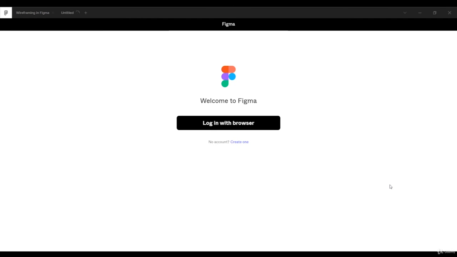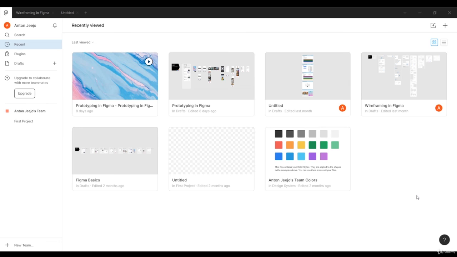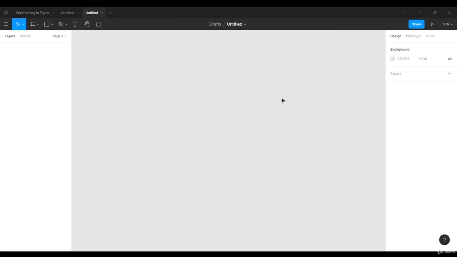Once you have downloaded Figma and you open it, this is the screen you get. It will ask you to either log in with the browser if you have an account, or else create one. You can do either option. I'll go with the login with browser. Once I logged in, this is the home screen of Figma. Here you can just create a new one by tapping on it. Yeah, a new file has been created and it will load. So this is where we are going to plan our app. We'll come back to it later.